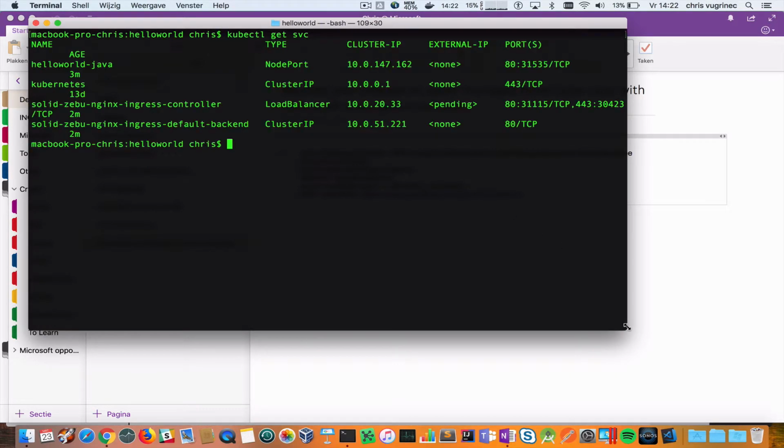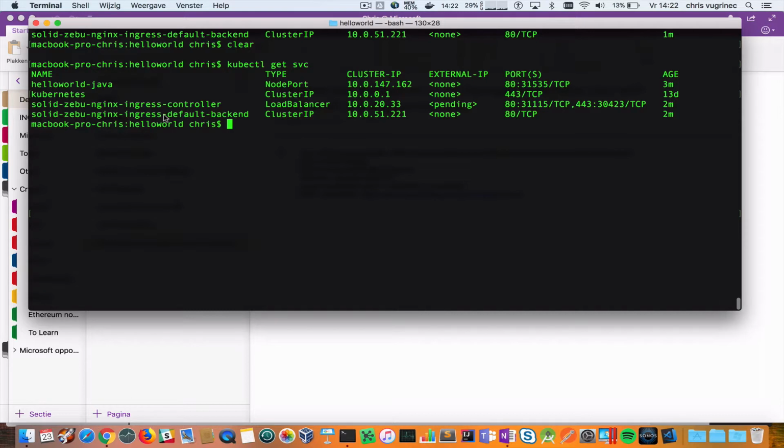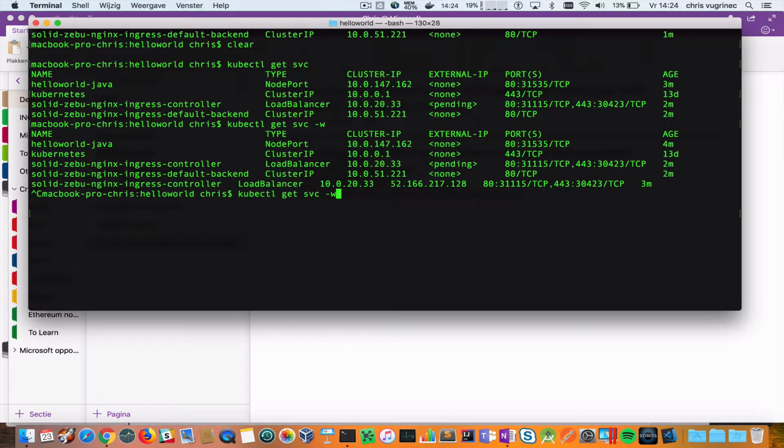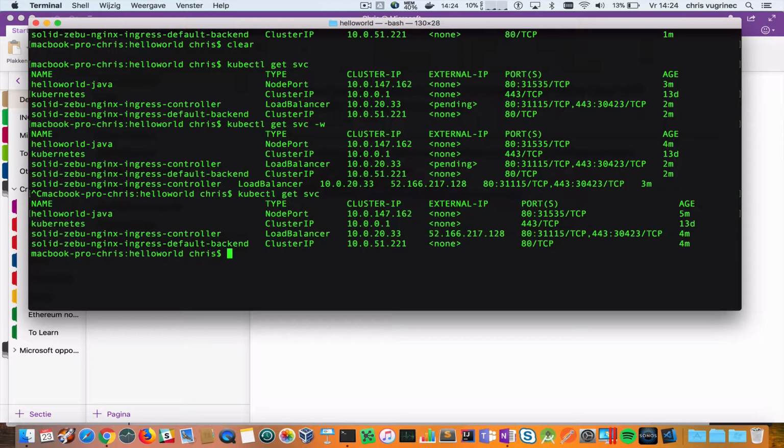And here we see that currently we have the Ingress controller deployed, and it's now creating an Azure load balancer, and the Azure load balancer will have a public IP address. So with the -w command we can wait until this public IP address is available. So I will pause for now. I see that the public IP address has become available. Here you go. I'm just copying this public IP address,